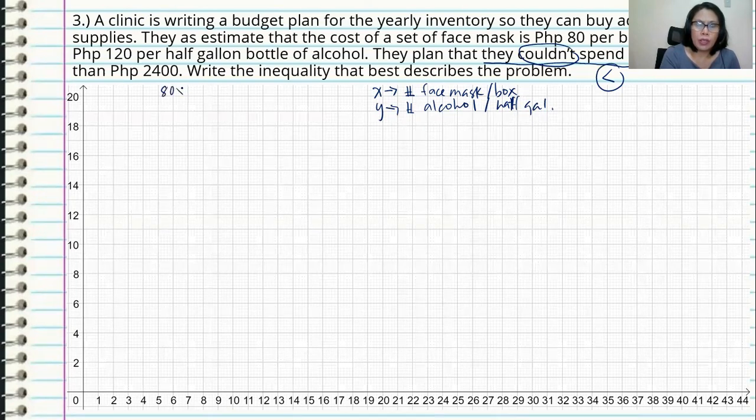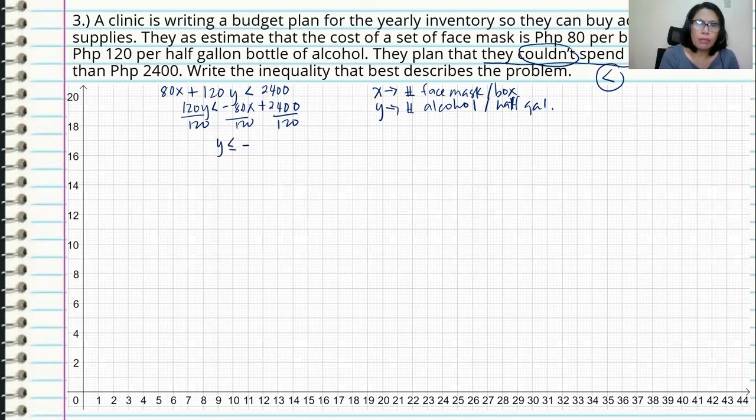Okay. So we'll come up with an inequality: 80x plus 120y is less than 2,400. So if we're going to convert this into slope-intercept form, we have 120y is less than negative 80x plus 2,400, and we divide both sides by 120. So we have y is less than negative